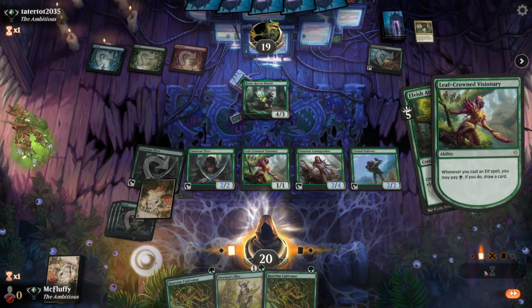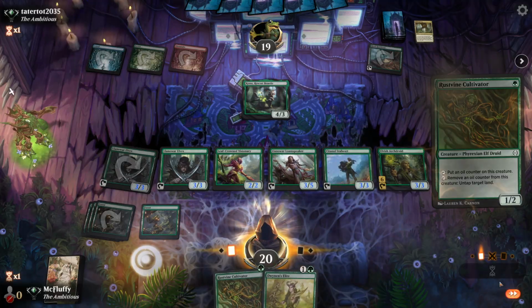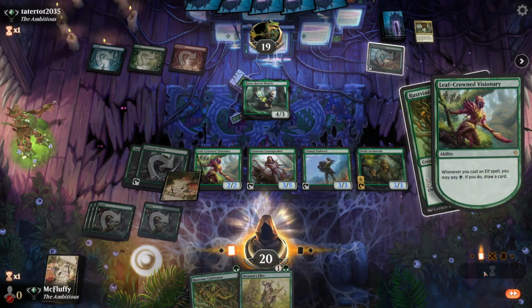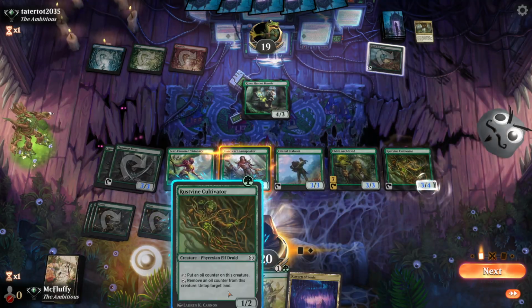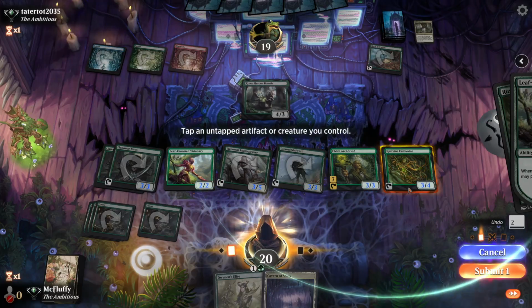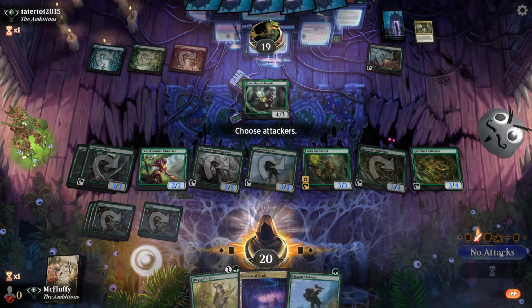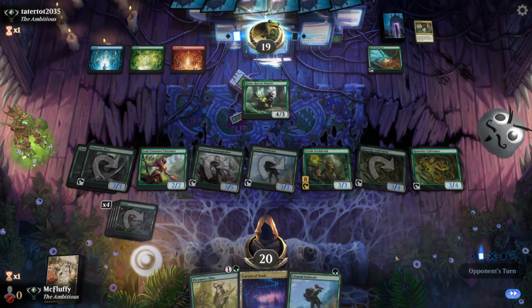Alright, we drew into a land drop. Good. We want to find Craterhoof, please. Opponent can drop some big permanent here, probably, so... yeah,